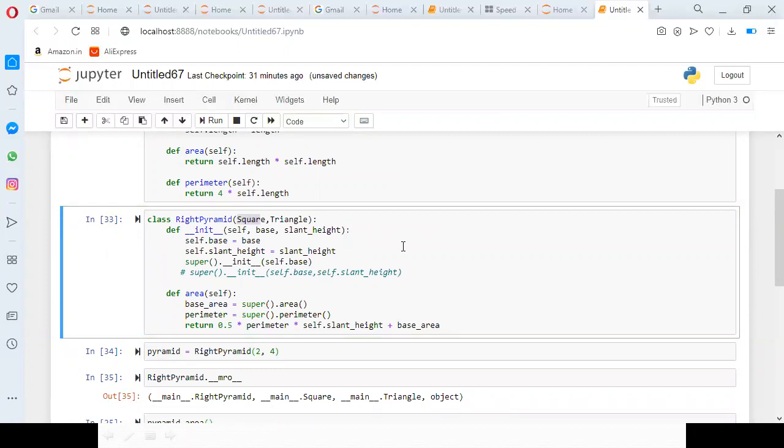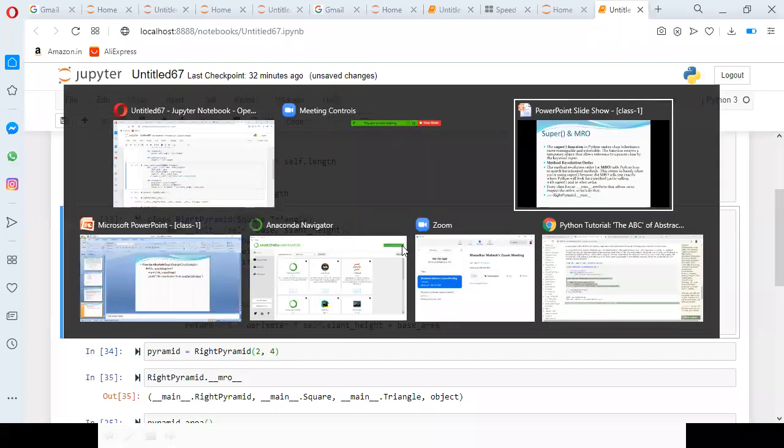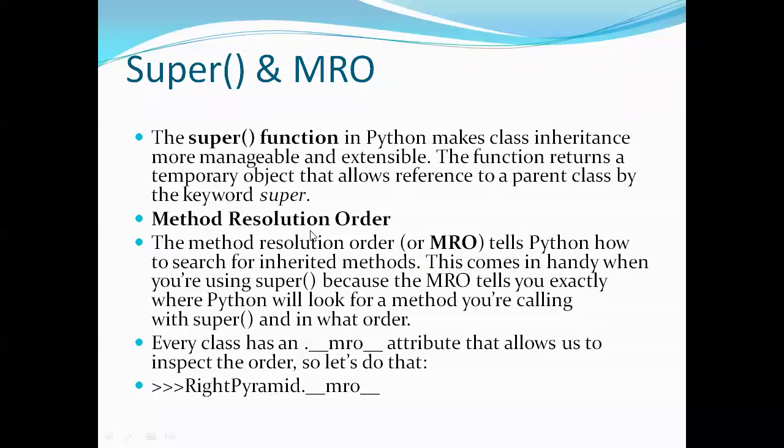And if you want to know what is going on in the inheritance process, then we can go with MRO, method resolution order. This method resolution order will explain which method is going to execute first and what process is going on. Okay. So if you want to know, then you go with MRO.